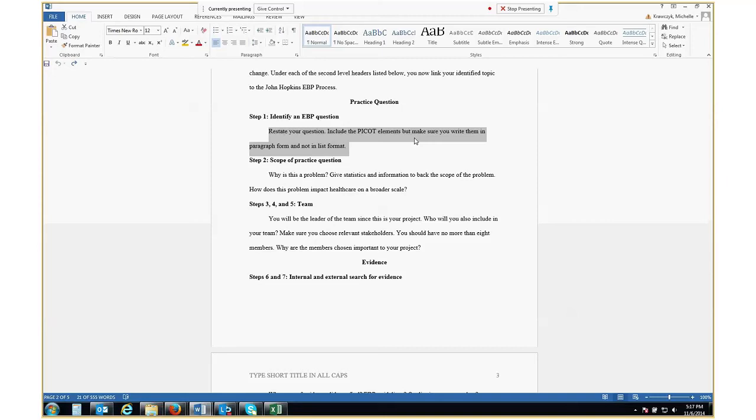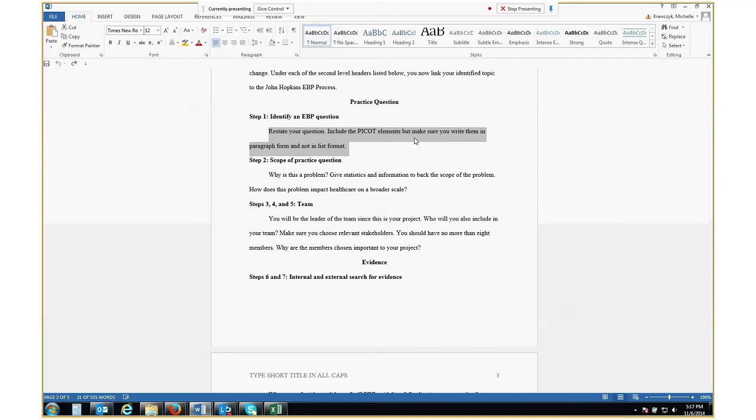Okay, moving on to the scope of the problem, our scope of the question. So why do we care? Like, why do we care that we have more urinary tract infections? Here, I want you to give me some statistics. Give me some hardcore stuff. We care because the cost of caring for a patient with a UTI in the hospital setting is X amount of dollars. Find some research on that. Talk about the fact that certain providers are not paying for hospital-acquired infections, and so financially it's a huge burden. Again, give me the information.